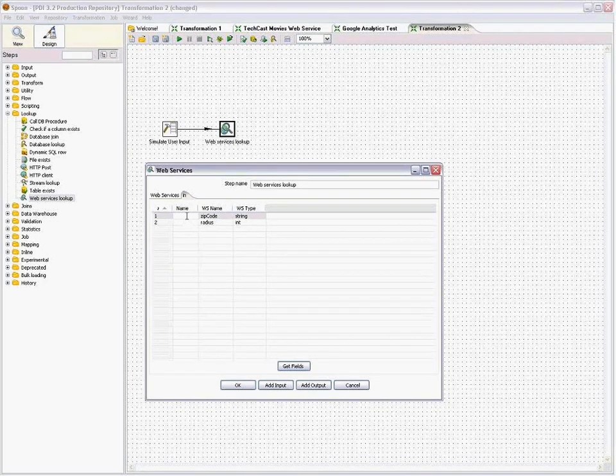And what I do here is now specify my field names coming in from the input step, so that it knows which values to pass for this. So we have zip code, and we have radius. Those are my input fields coming in from the generate rows. Then I click add output, okay, and this is the response that's going to then come out of the web